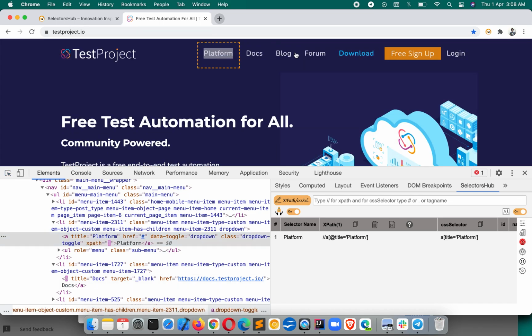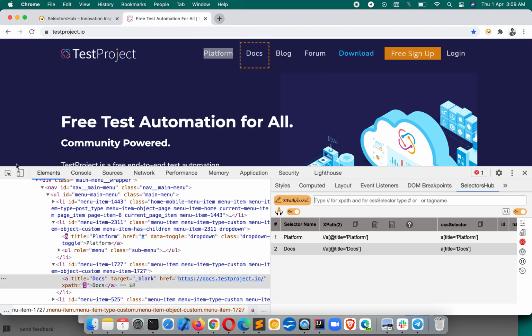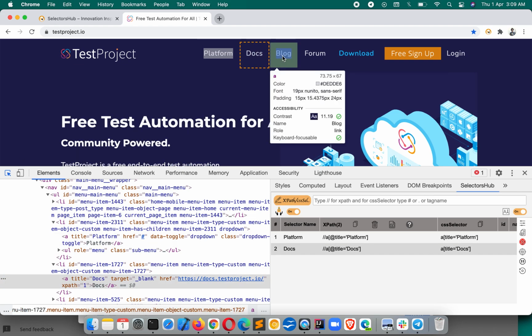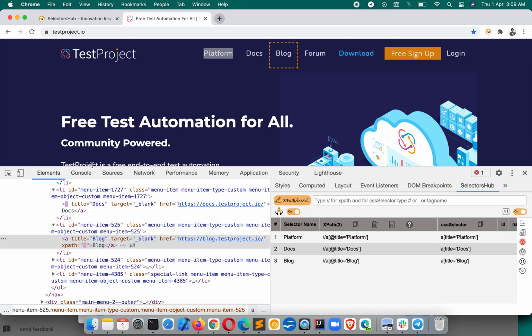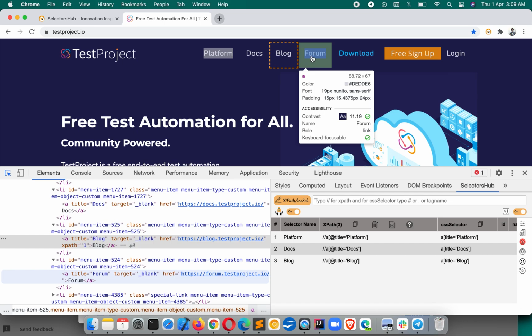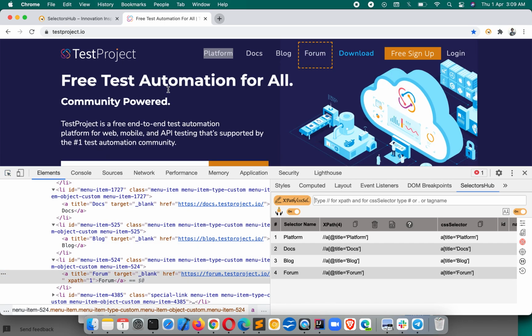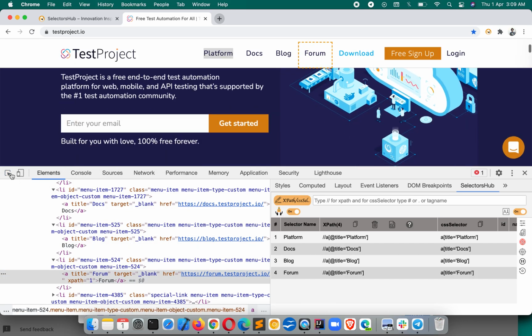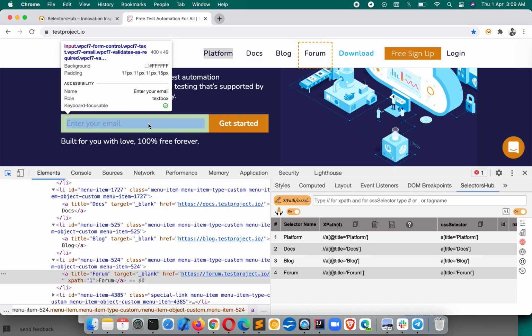So let's say we want all these headers: platform, docs. And if you observe in the selector sub tab, all the possible selectors are getting generated for this element. Let's say we inspect some other element from here, this one.